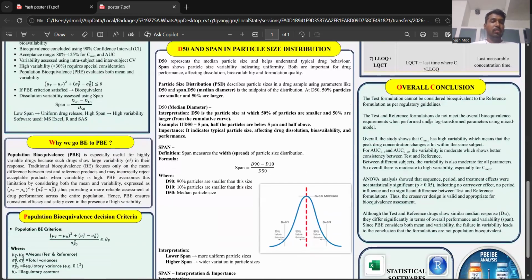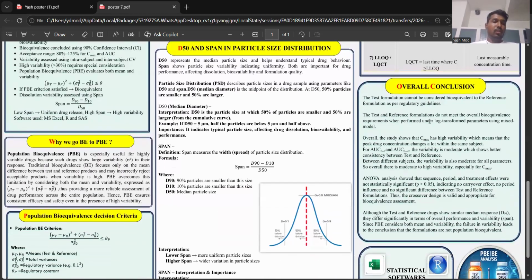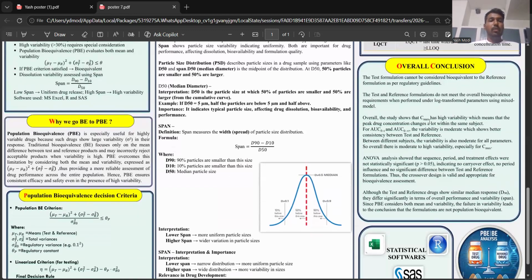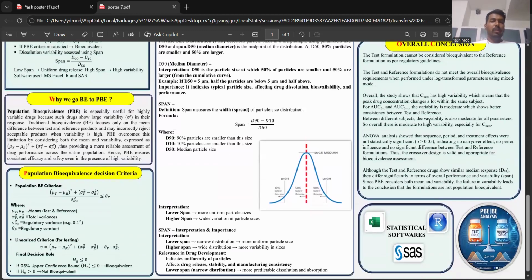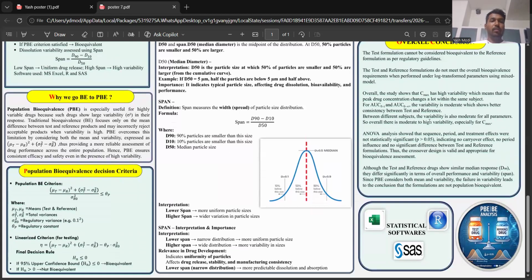Okay. So after we see why we go to BE to PBE. Population bioequivalence (PBE) is essentially useful for highly variable drugs because such drugs show large variability, sigma square, in their response. Traditional bioequivalence (BE) focuses on the mean difference between test and reference products and may incorrectly reject the acceptable product